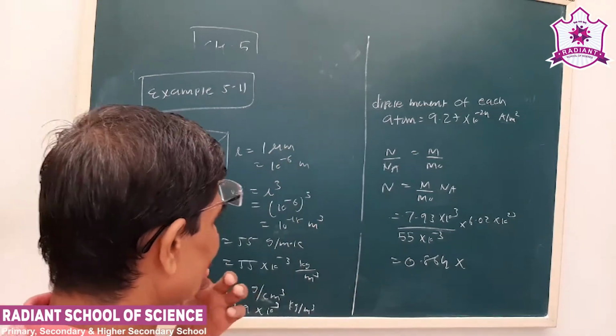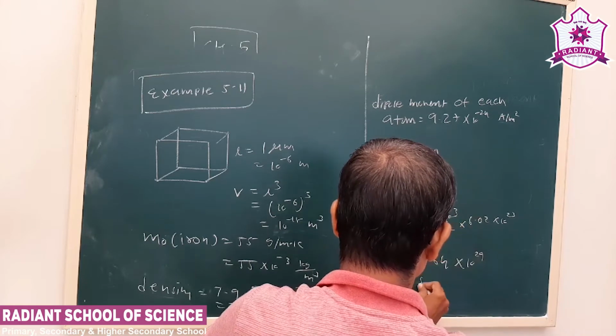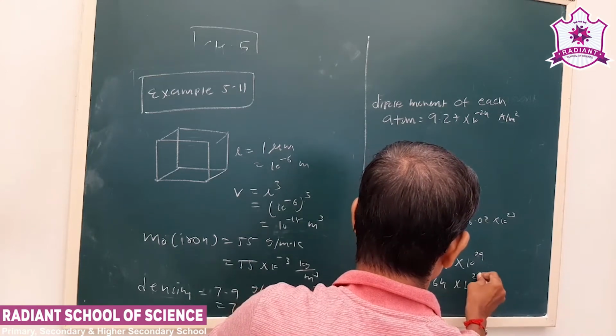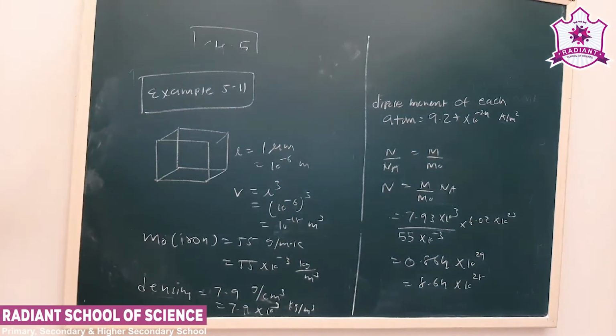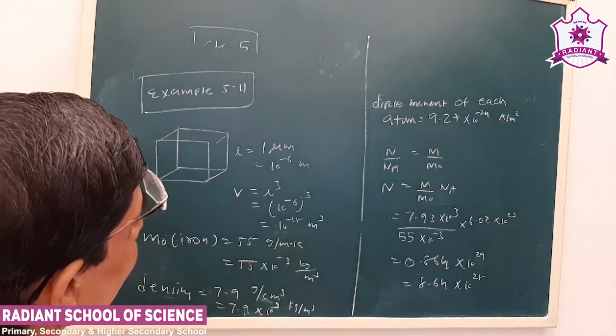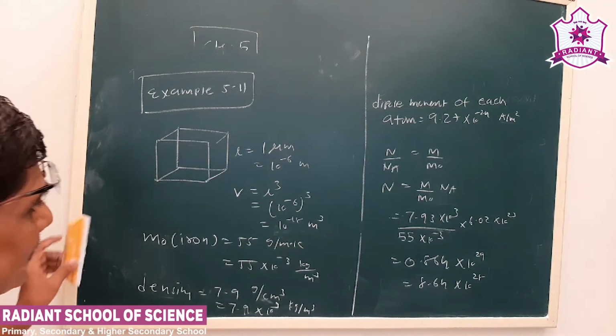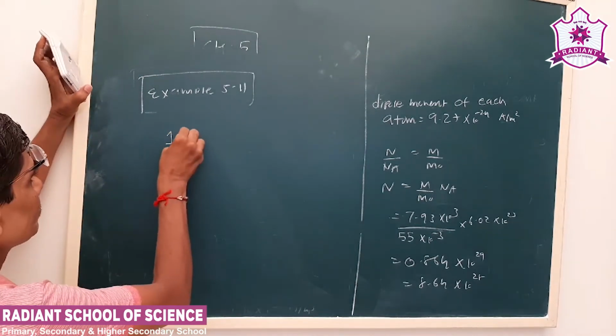Okay. Now this will be 29, 23 plus. Now these are the number of molecules contained in 1 meter cube volume. So now what is the volume given to us? 10 to minus 18 meter cube. So we can find out like this. In a 1 meter cube volume,